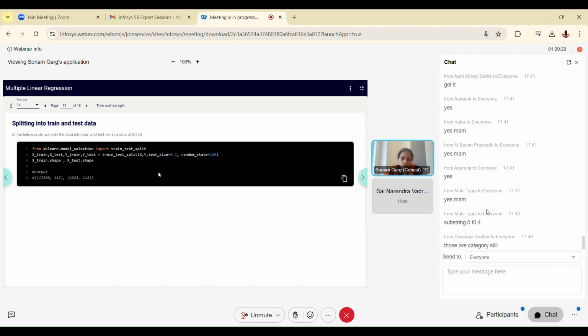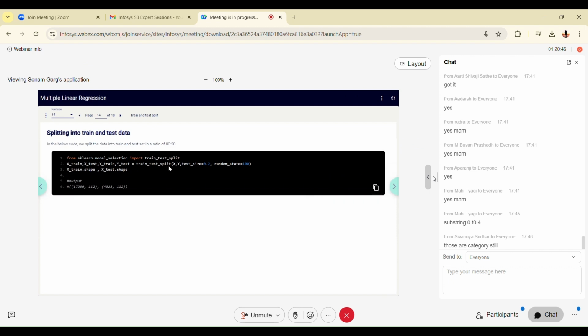It's one of the machine learning principles that we do not take the whole data set for training. We split the data set into two parts. One we keep for training, the other smaller part we keep for testing. We use it for testing whether the model which has been created by our approach is good enough or not. So we have a method train test split, which we are using here. We give it x and y values and decide the test size; train size we have not taken here.